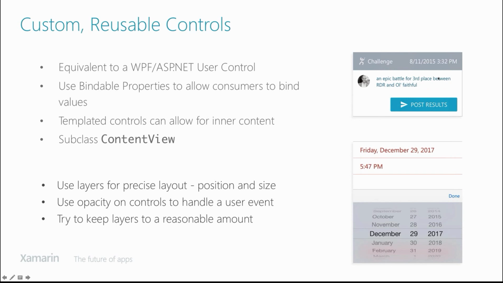In this application, we use date time picker to choose a challenge date and time. And right here, you'll see I've got a date and time picker that when you click on this Friday, December 29th, it actually shows the date picker. If you've never used the date picker or the time picker, they show up as unstyled default text boxes with fonts and text in there that you can't control. You can't control the border style of the text box. There's almost no styling that you can apply to a date or time picker currently. So what I did is,